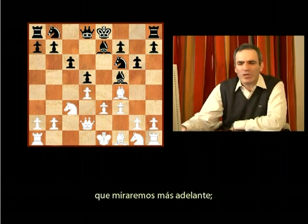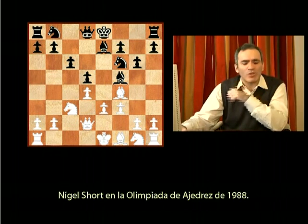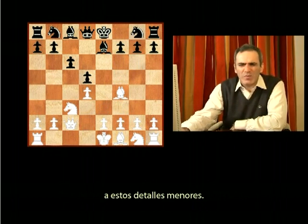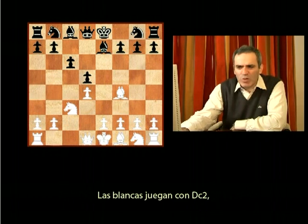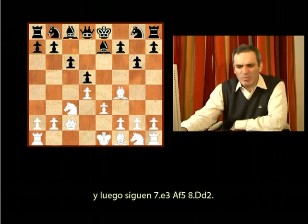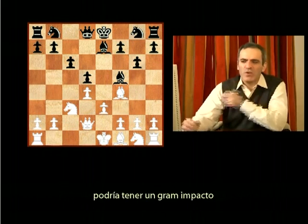And one of the games that we'll look at later is a game I won quickly against Nigel Short at the Chess Olympiad in 1988. So look at this minor detail. White is playing queen c2, waiting for g6, then playing e3, bishop f5, queen d2. So g6, which is just a move,